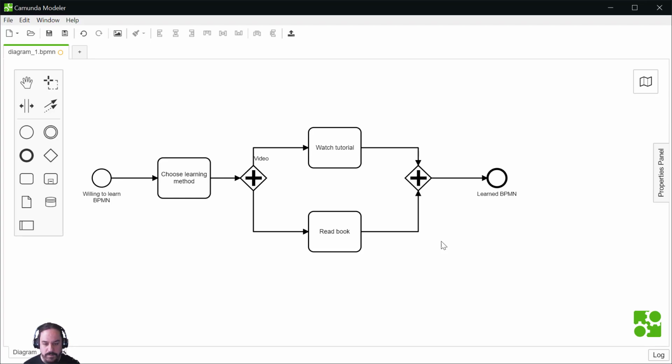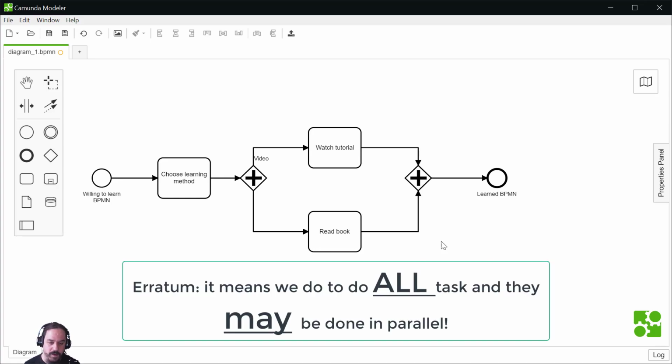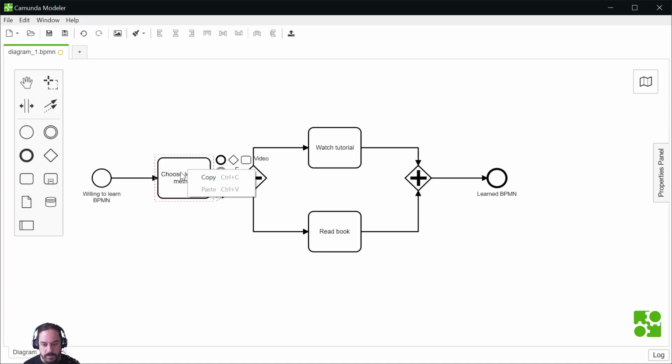Here we have our parallel gateway, and that means that we can do the tasks in parallel. We have to do the tasks in parallel. So choosing method has to disappear. So let's remove this, and we have our new diagram. So you want to learn BPMN, then you watch a tutorial and read a book.